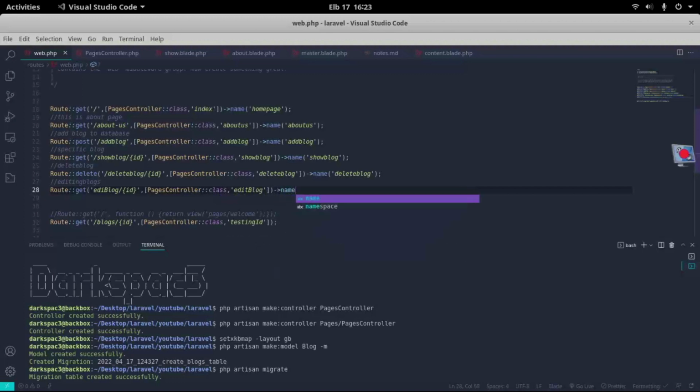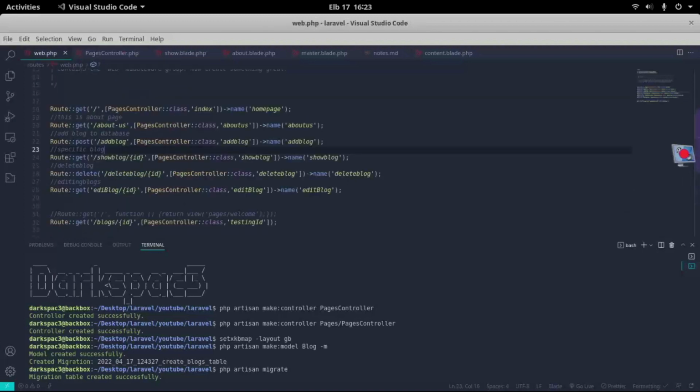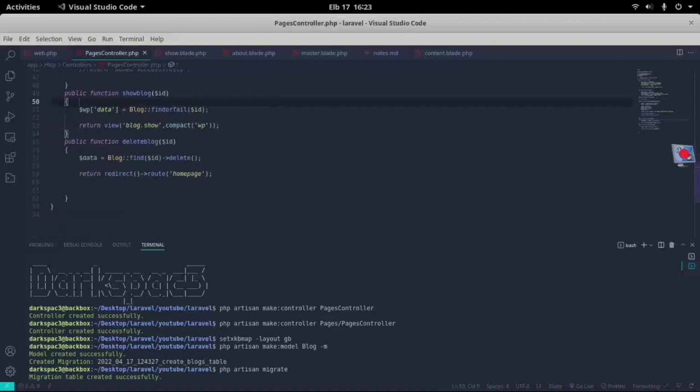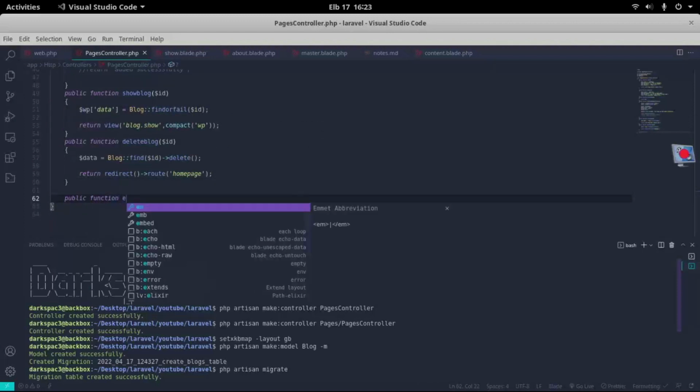And then we have the name, we call it edit blog, right? So let's create a function called edit blog, where this edit blog is based on this, not this or this. So we are going to create a public function that is called edit blog,